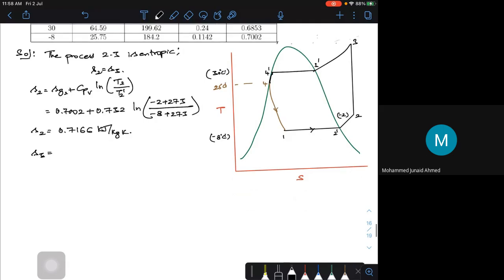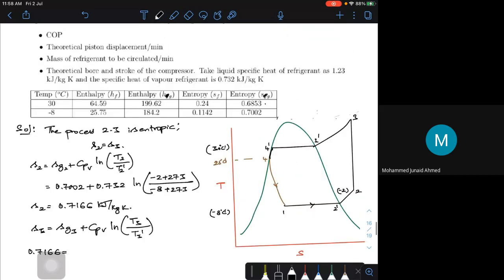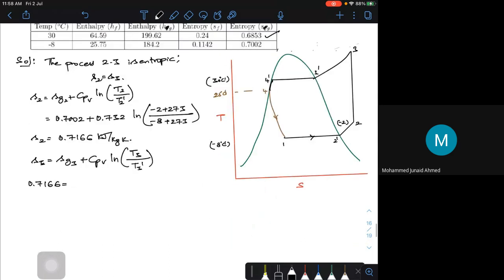So S3, which is 0.7166, is equal to Sg3, which is 0.6853, plus